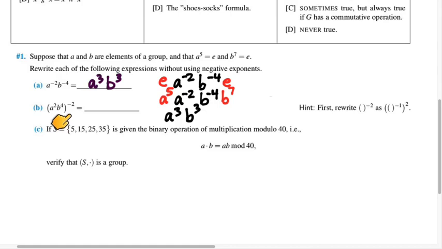And the only wrinkle in part B is that the power here is being taken not of a single element, but of a product of elements. And so, according to the hint over here, the way to charge ahead with this problem is to break apart the negative power into the negative part and the power part. So instead of a negative 2 power, think of it as negative 1 power and then square that result. And the reason that helps, if I take this negative 2 here and I make it negative 1 instead,